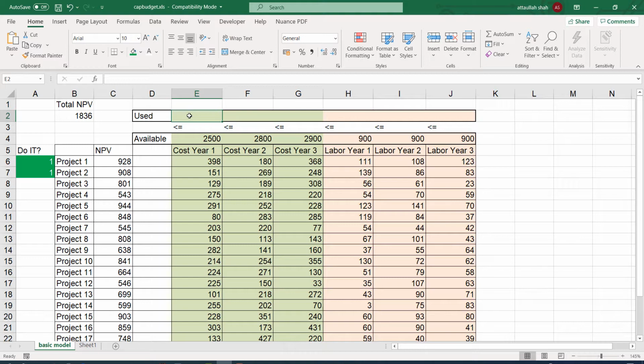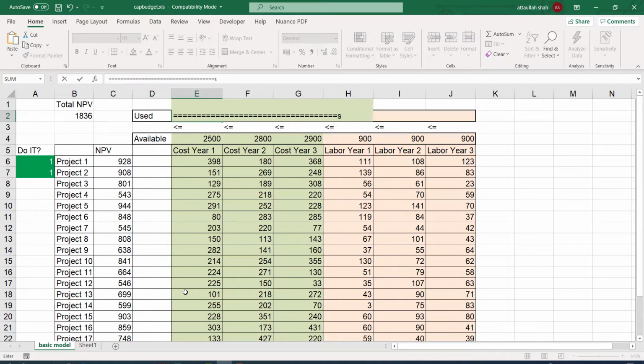So if a project is selected, it must add to the total cost, and it will also add to the total number of employees. So how do we find the total cost of the project? Similarly, we can use SUMPRODUCT, which will multiply two arrays.